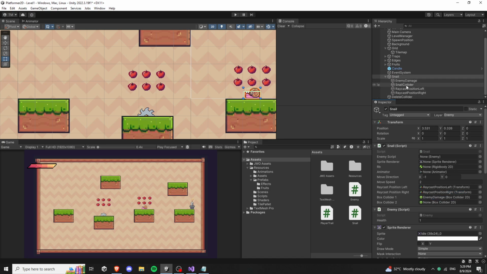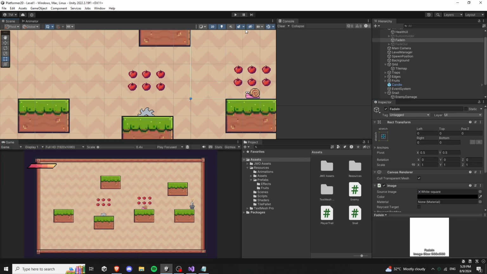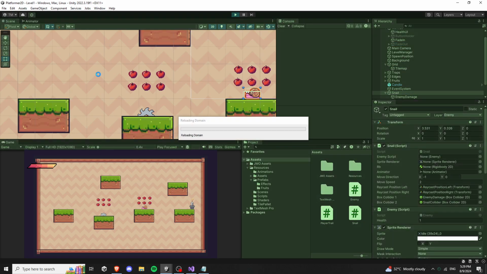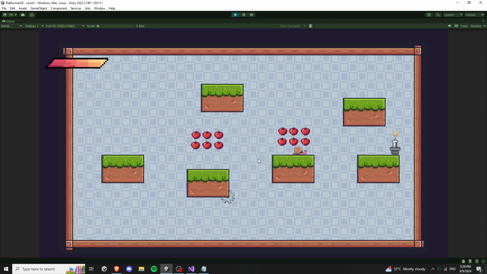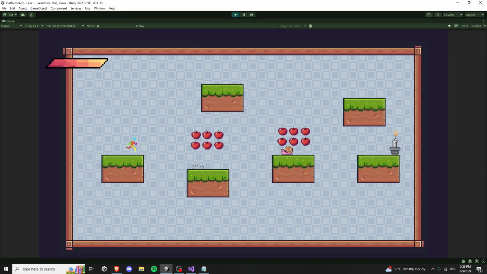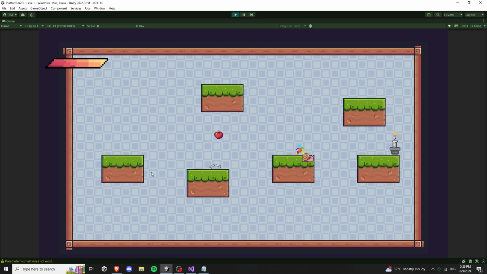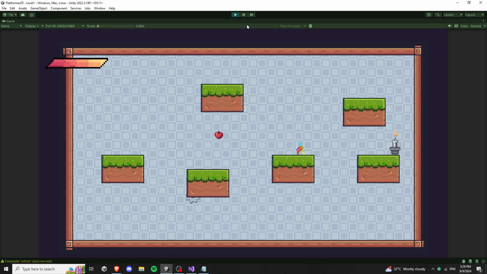Okay, the colliders weren't assigned. Now there. See, but